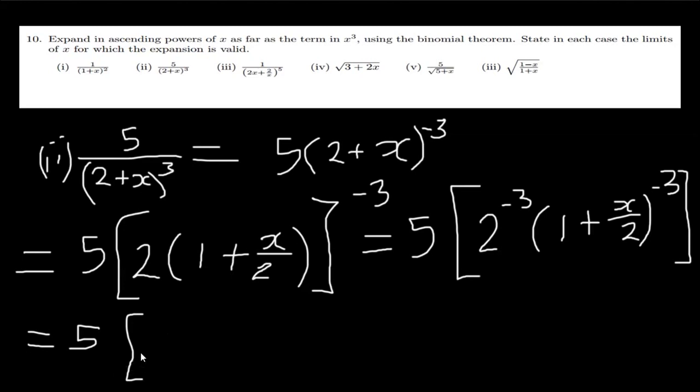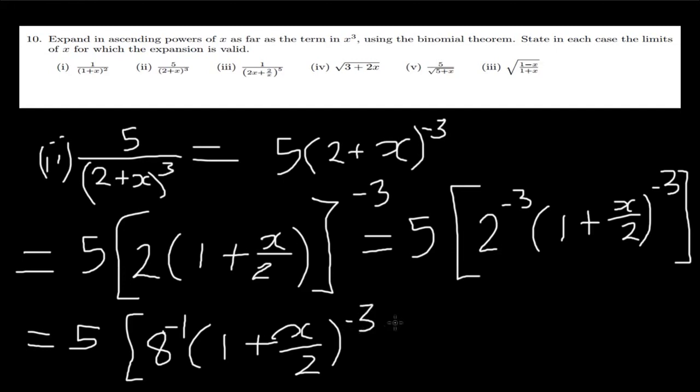Then 2 to the power negative 3 is just nothing but 8 to the power negative 1, and then I'll open brackets 1, I'll write everything the way they are, x over 2 close brackets, then to the power negative 3, like that. But I'm sure you all know to say this 8 to the power negative 1 is just the same as 1 over 8,